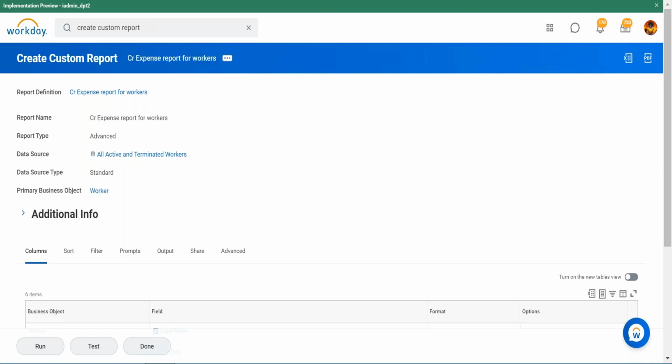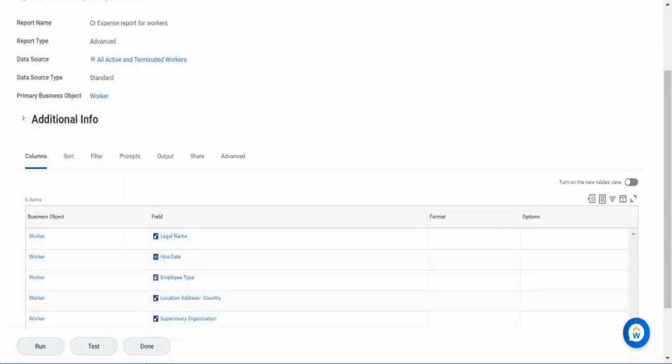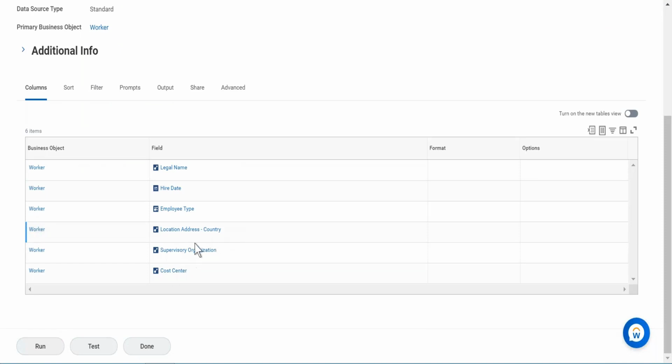Then the fourth type happens to be the company, which is like the company hierarchy and all those kinds of things. So it's primarily the company you're sitting in. So that's where you use these kinds of features. So I've also pulled a supervisory org and the cost center for this employee. Now